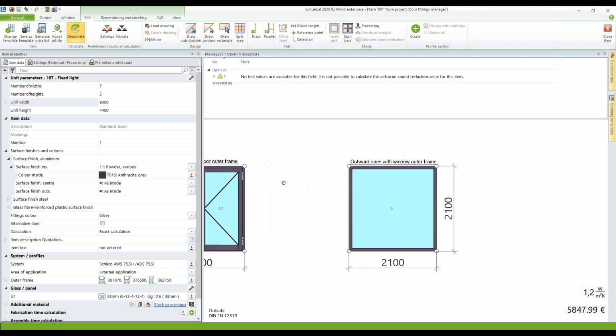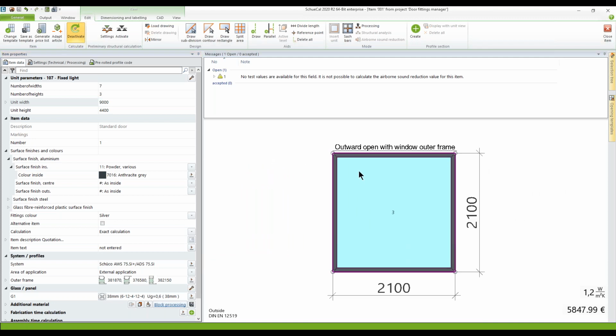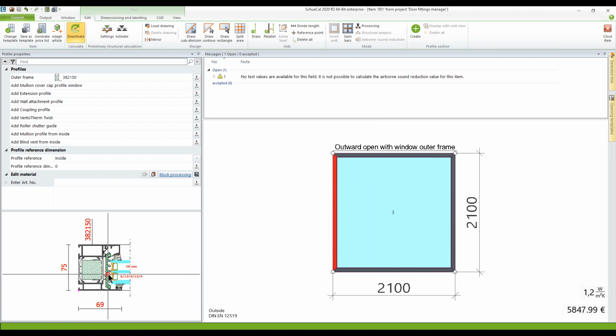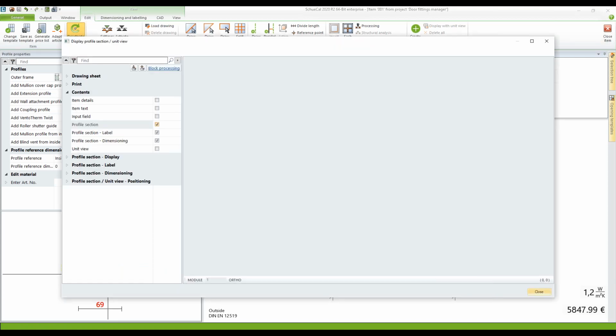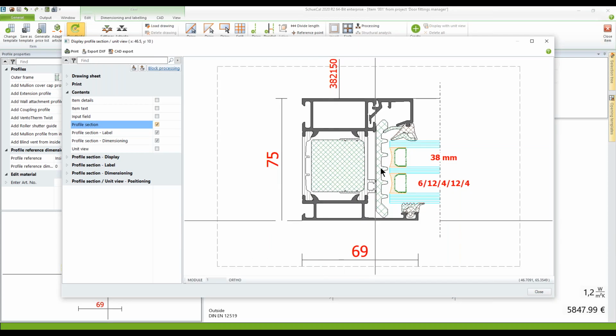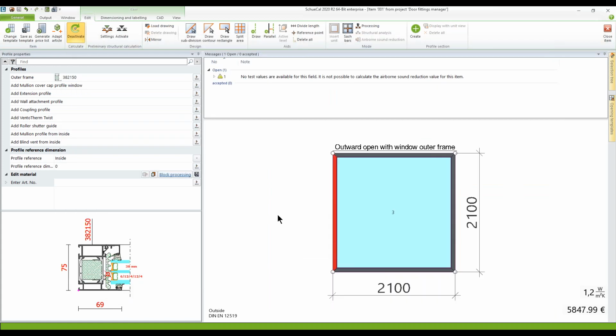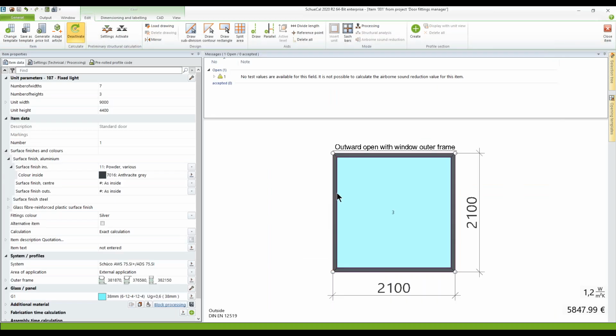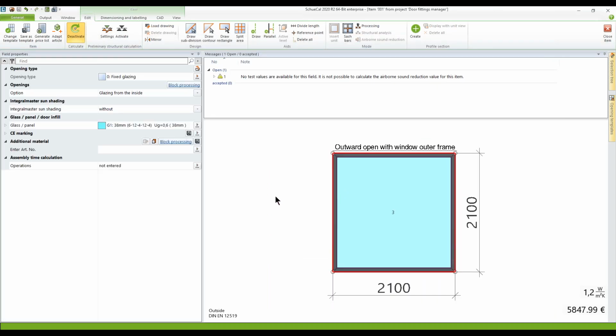And first I want to talk about this outward opening with a window outer frame. I'd like to show this. That is the window outer frame. That is nothing special here, but let's see what you can do with this